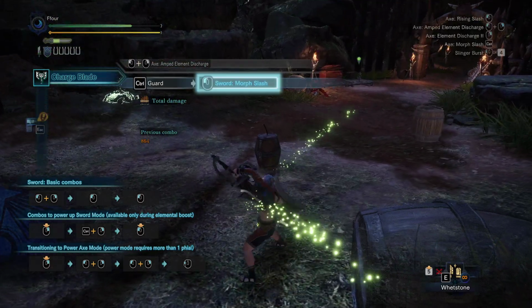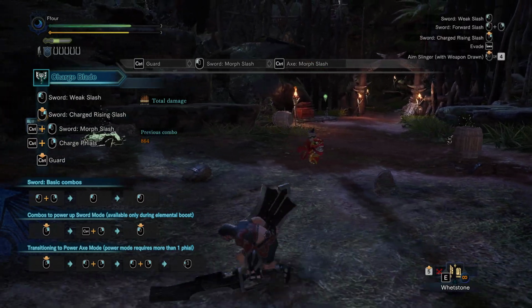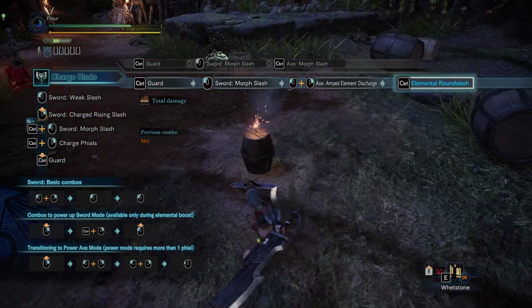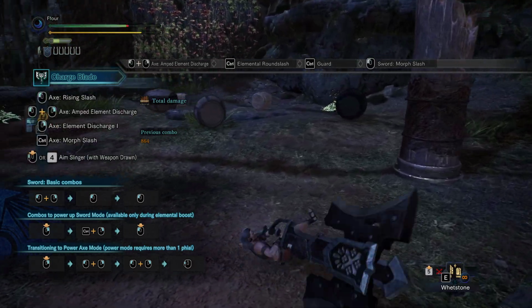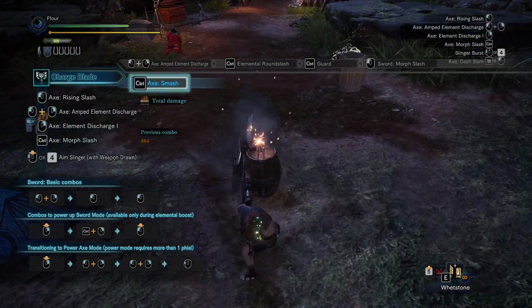There's other ways to guard point. As you see there, that's the round slash. It works with any of them when you're charging your shield. That's a guard point right there, but obviously no attacks happen, so nothing to guard point. And then the last one is Savage Axe, but again, this...